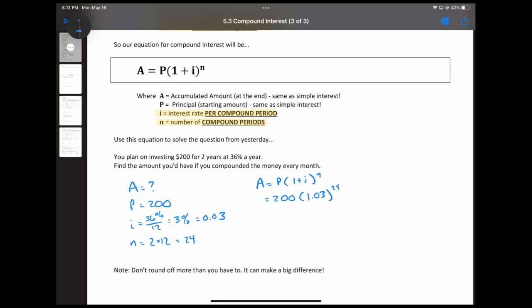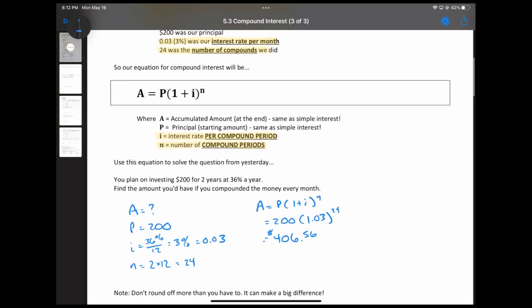So 1.03 to the exponent 24. And that gives us a number a little bit over 2. And now we multiply that by 200, and we get $406 and what rounds to 56 cents. Now, if we compare that to what we got yesterday,